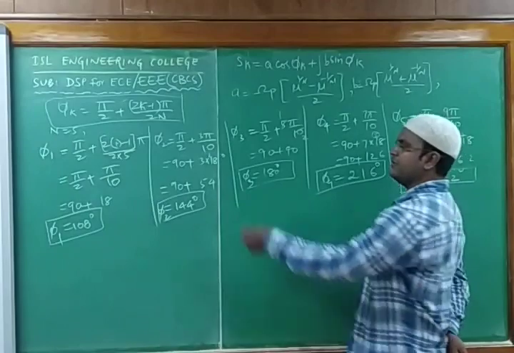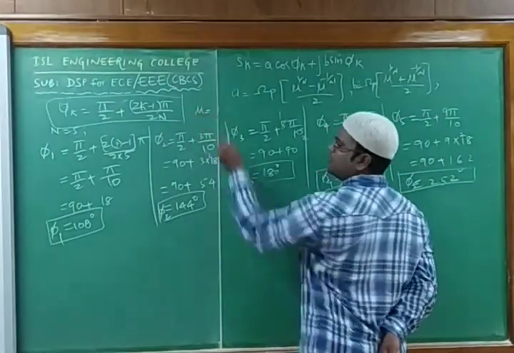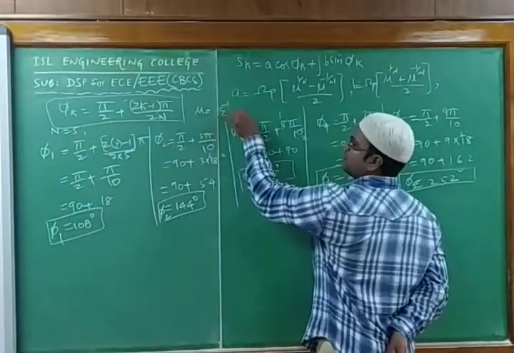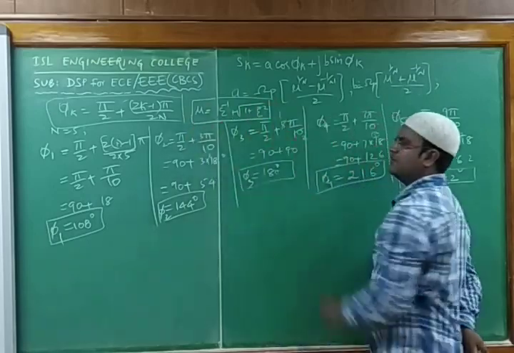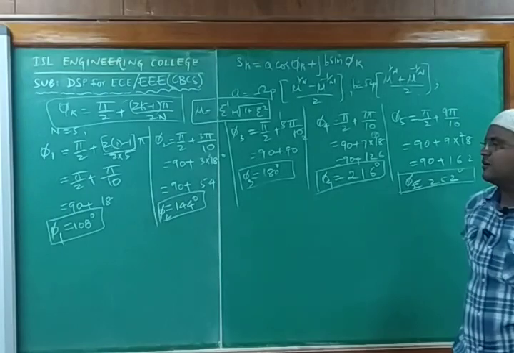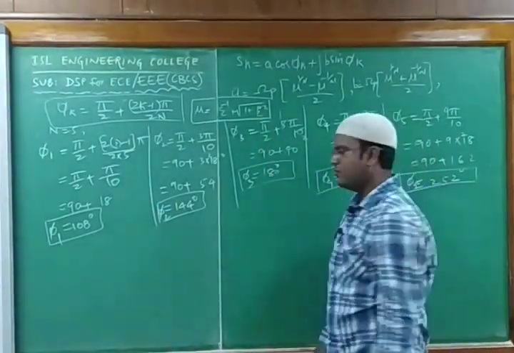So here I am writing, you just see what is the value of mu? Mu is epsilon power minus 1 plus under root of 1 plus epsilon power minus 2. Right? This is mu. But before doing this, we should know the epsilon. So how do we get the epsilon?